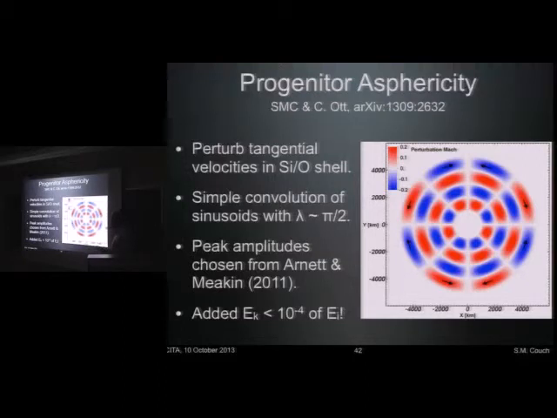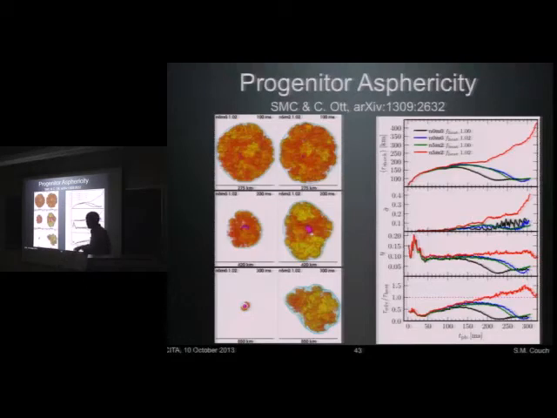The actual integrated added kinetic energy, if you integrate over this entire shell, was small. There's only 10 to the minus 4 of the internal energy in that shell, and 10 to the minus 6 or something like that of the gravitational binding energy in the shell. So it didn't affect the boundedness of the structure at all. We only perturbed the velocity. So what we get on the left-hand side is an unperturbed model, and the right-hand side is a perturbed model. And so what we find is that if you perturb a model that is close to explosion, you can drive an explosion for a model that would otherwise fail.